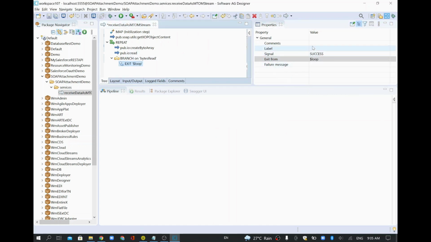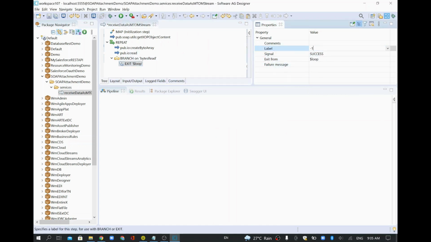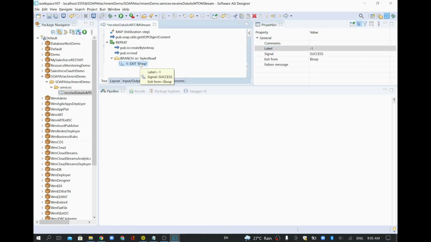When I want to exit, I'll specify the label as -1, when there is no data. For example, when it completes the 18th sequence and then the 19th sequence, the final data is read. When it comes for the 20th time, this value will come as -1. So we have to exit it, and we don't need to process it.